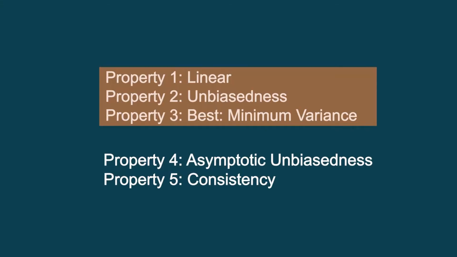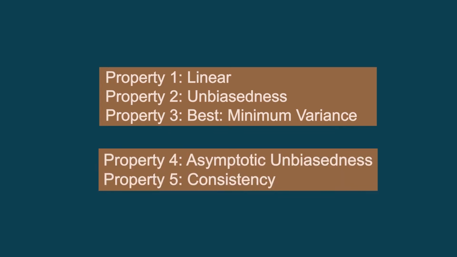So basically, we are having the 5 properties as the best properties of estimators. First 3 are considered in the small sample properties, and the remaining 2 as the long run or the large sample properties. So as we move on to the derivation of the BLUE property, this is basically referred to as